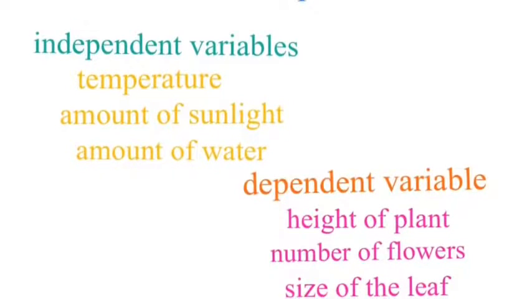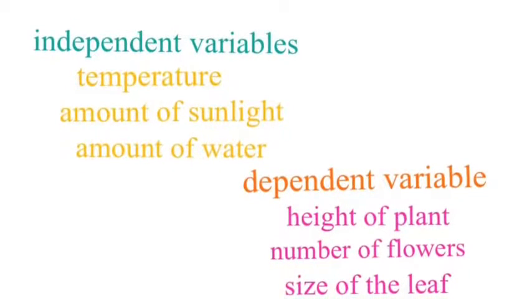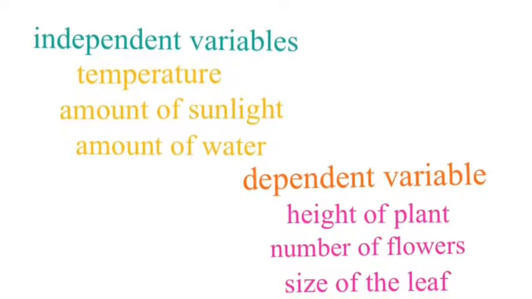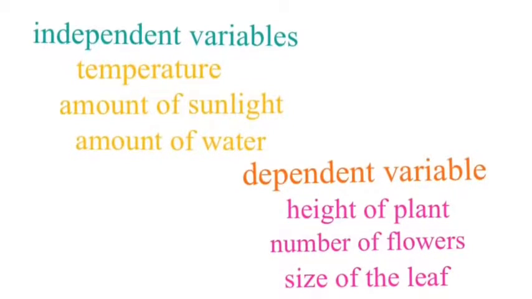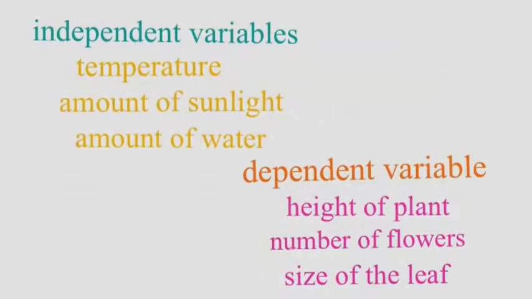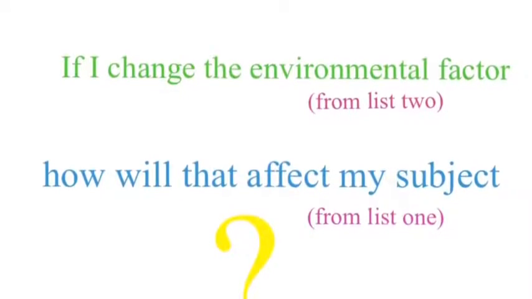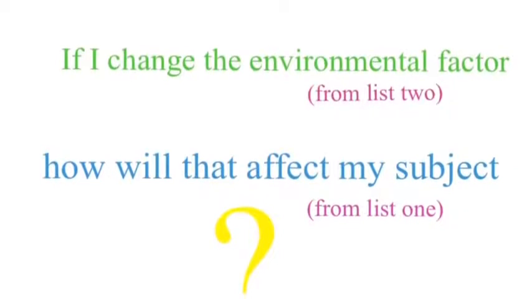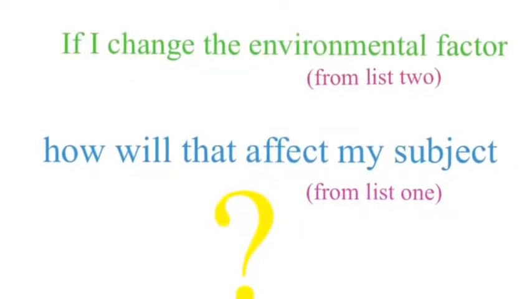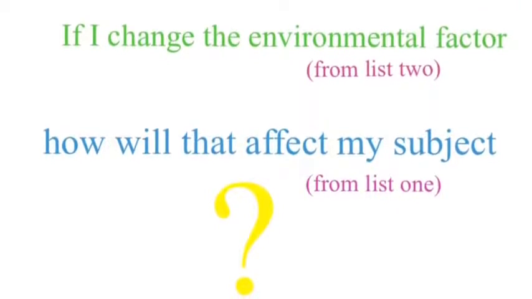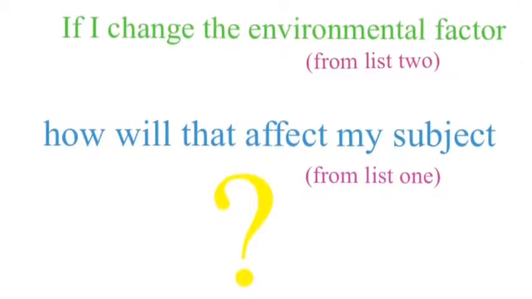That's independent. But look at these dependent variables. The height of the plant, the size of the leaf. These are things that you measure. These are things about the object itself that you are measuring. Now, what caused that to change? The independent variable. Okay, so remember our science question took this form: if I change the environmental factor, something from list 2, how will that affect my subject,